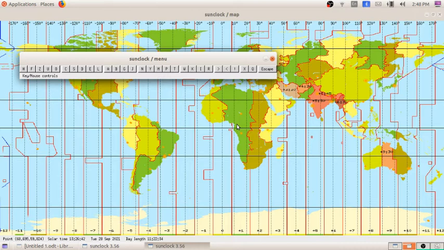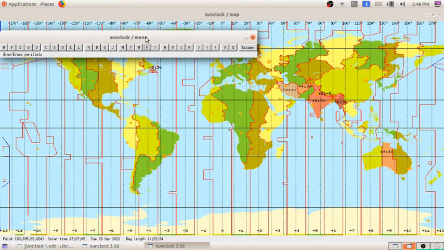And the second, adjust the time in Sunclock to 21 March. Adjust the time in Sunclock to 21 March. So here I am adjusting the time to 21 March. Before doing the activity, let's see the sunrise and the sunset of different countries. After that only we will be doing this activity. So this much I have done.